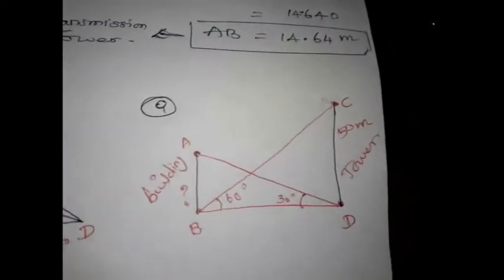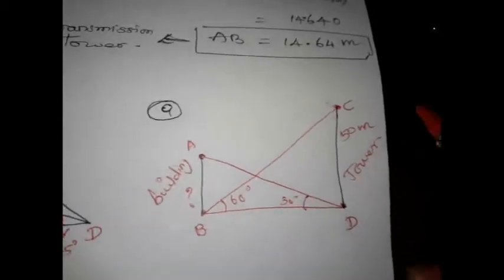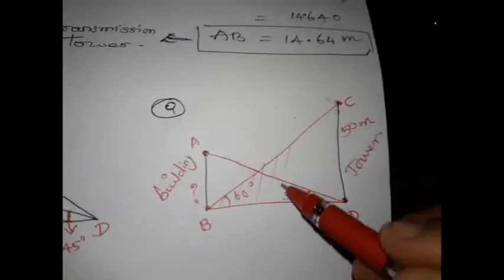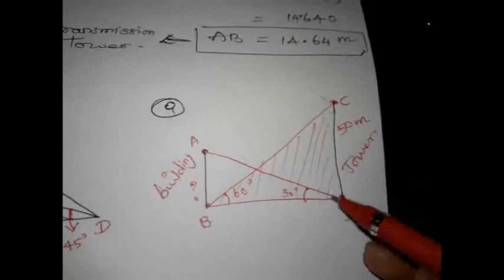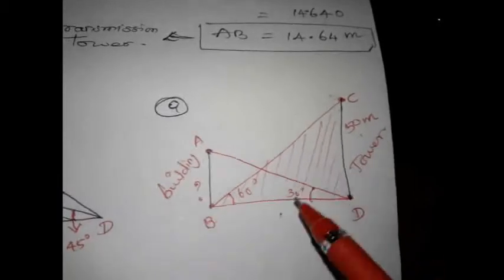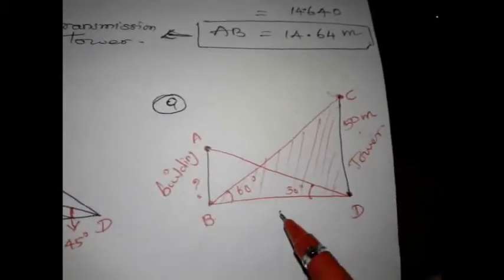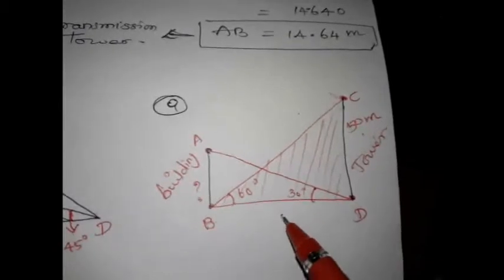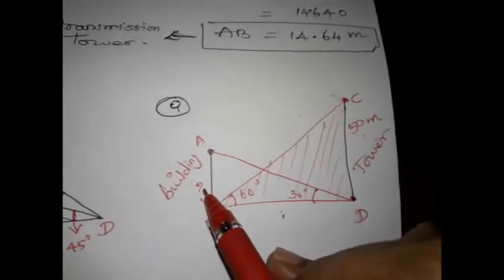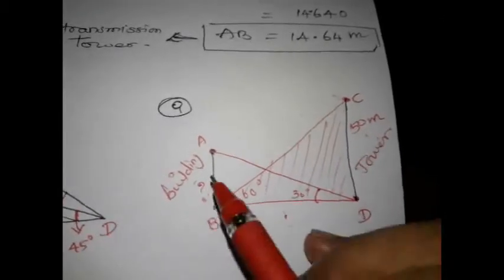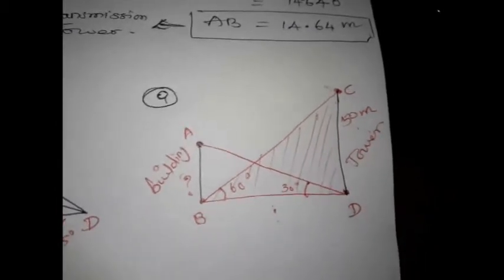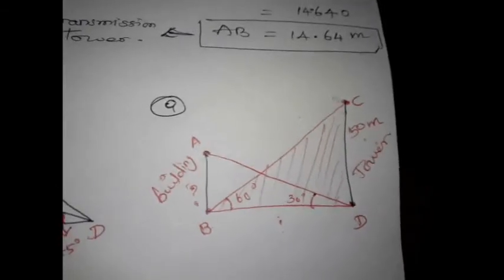We can clearly see two triangles here, alright. So we know this length. If you consider triangle BCD, this is your angle, this is the opposite side and this is the adjacent side. So if we use the tan ratio, we can find BD. Once we know BD, use triangle ABD, and you can find this again using the tan ratio, because this is a relation between opposite and adjacent side, right? You can easily solve this. So I am leaving this question to you. Let us see our next question.